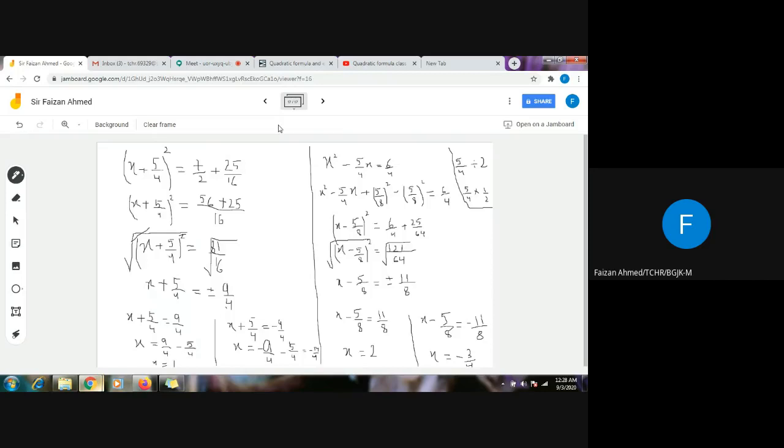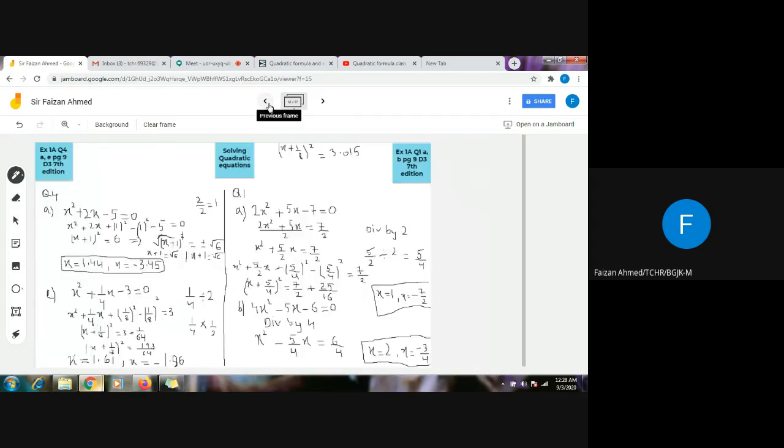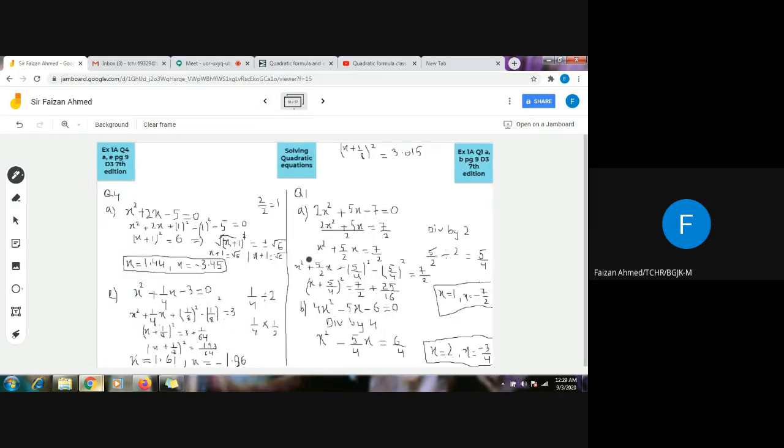So these were the two types of questions which we can have in this topic. And the first two questions were basically the revision. In the second question, there was just one step that was new to you, and the other thing was the same. So we have a lot of questions in D3. I don't have to mention it. You can open your book, you can search for these questions, you can find a lot of them, and you have to practice them in order to make your concept crystal clear. And good luck with that.